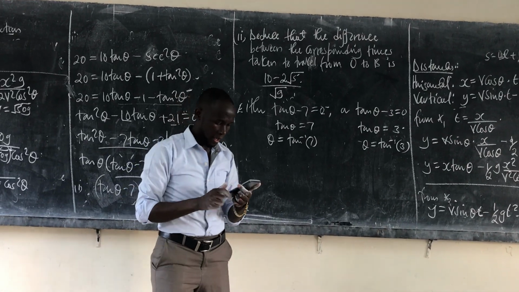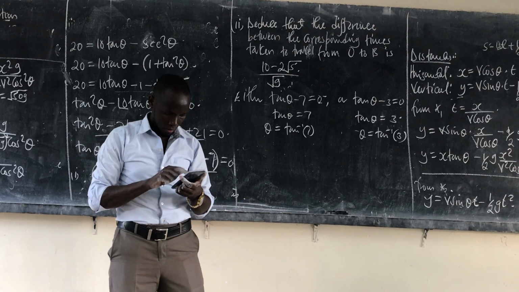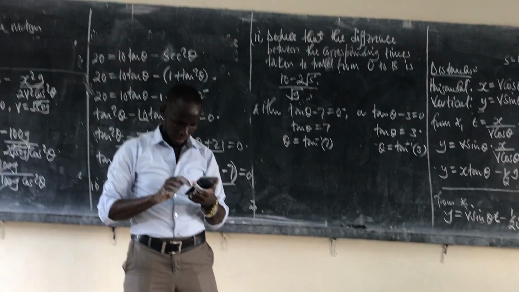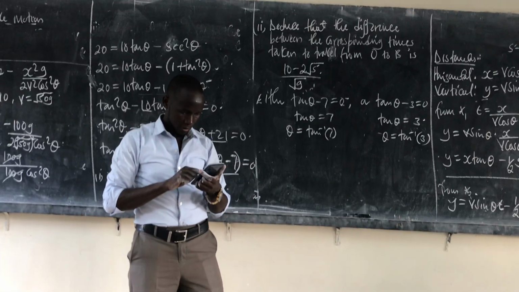As you're also finding out the answer, the arctan of 7